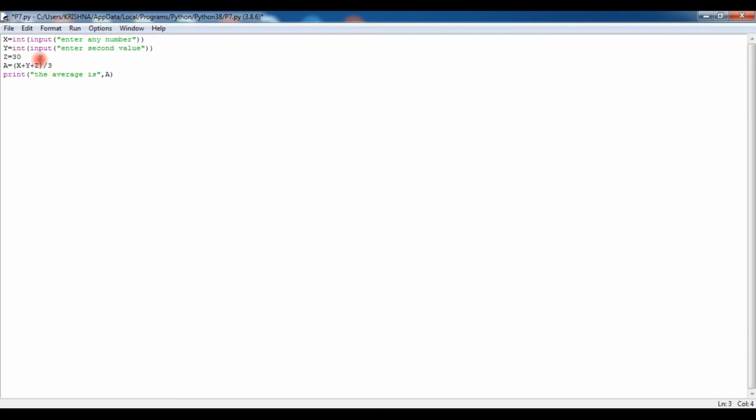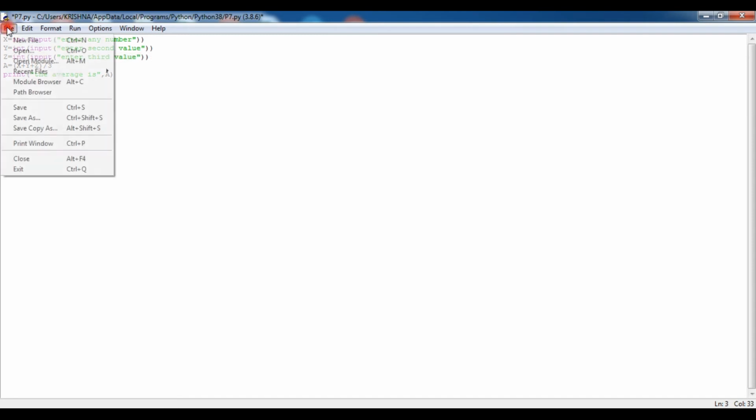Now at last what we have to do: int(input("Enter third value")).